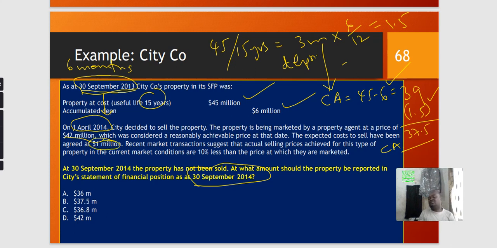So for the fair value less cost to sell, the cost of sale is going to be 1 million, but the fair value itself is 42 million. So we need to deduct the 1 million. Recent market transactions suggest that actual selling price achieved for this type of property in the current market conditions are